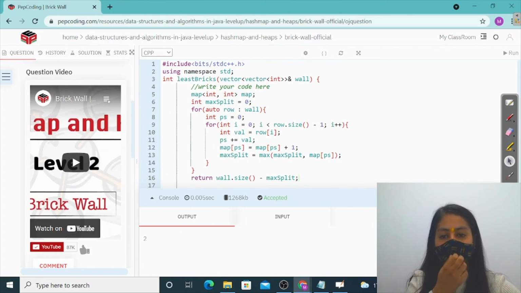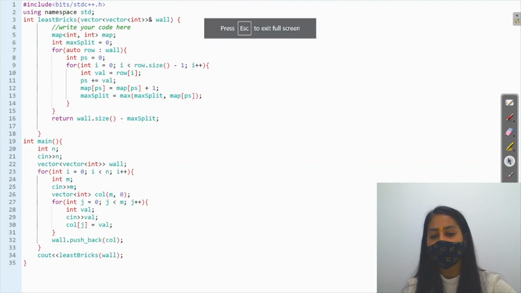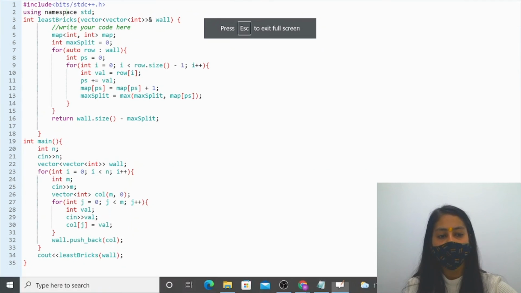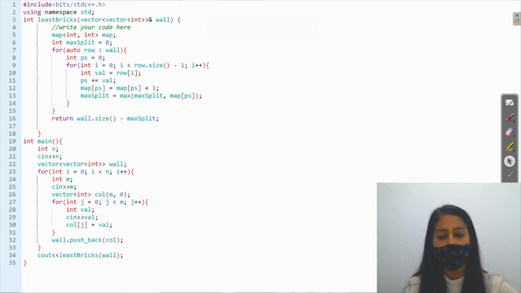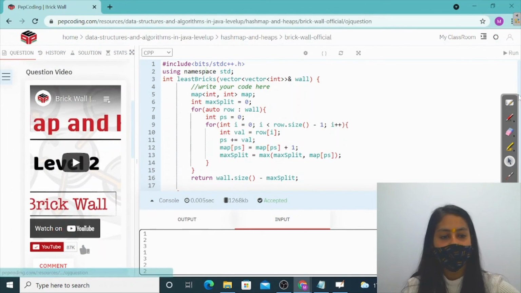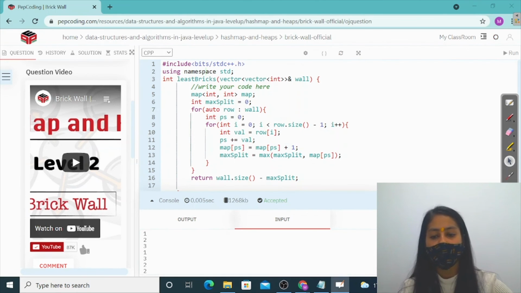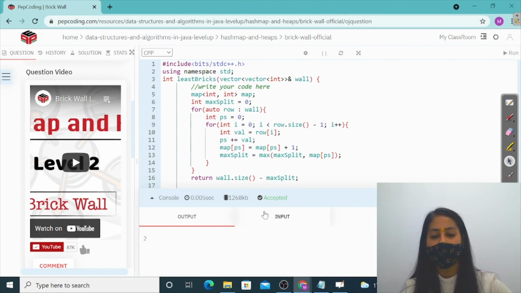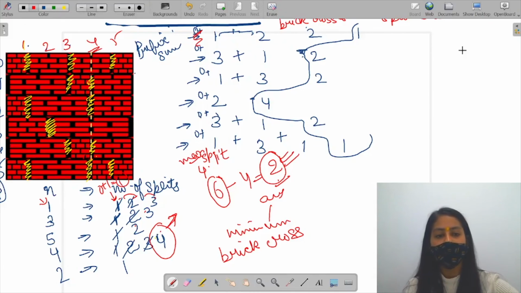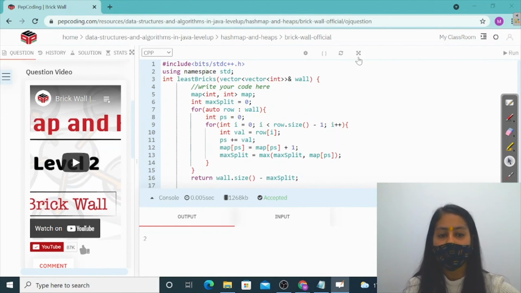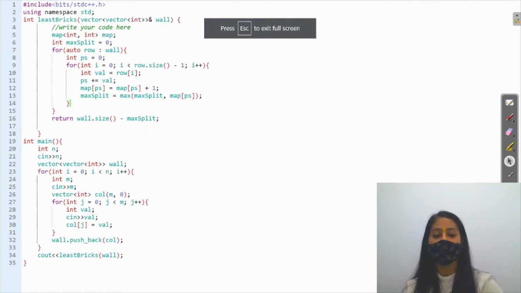The test cases for this particular question have not yet been updated on this portal. So I am taking the default. So I am taking the custom input as the same example that we covered here, right? So in this example we are getting answer 2. In the code also we are getting answer 2. That means our code is perfectly correct. So you can try this code. We will update the test cases soon for this question, right?